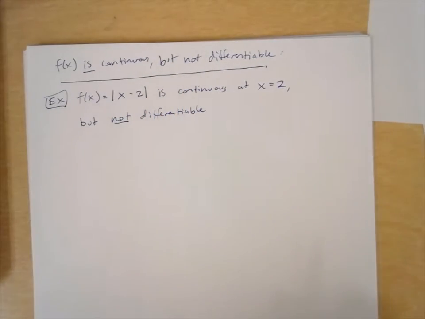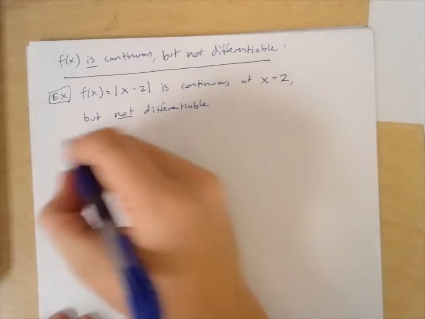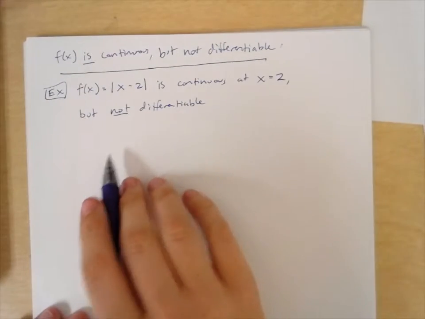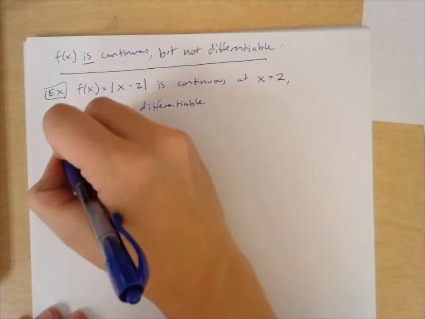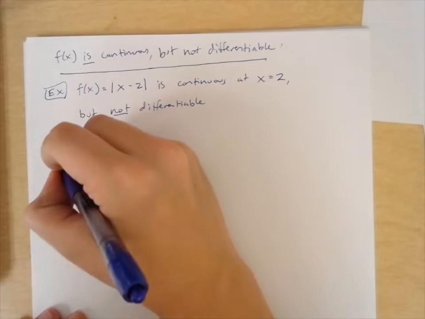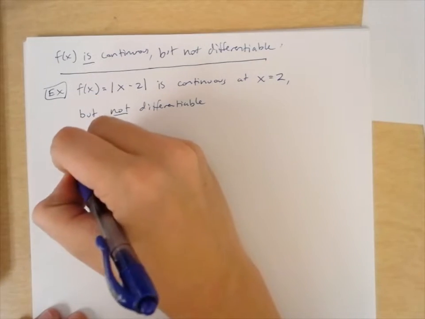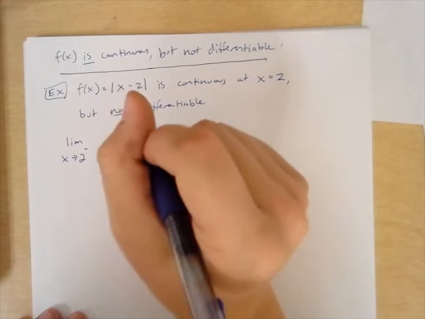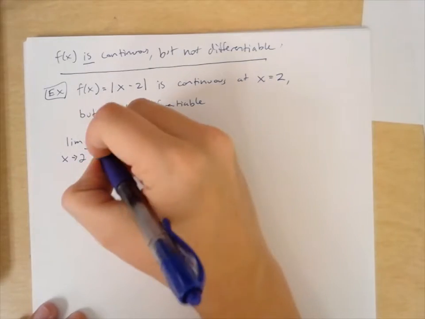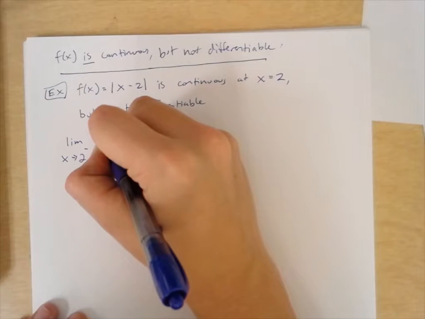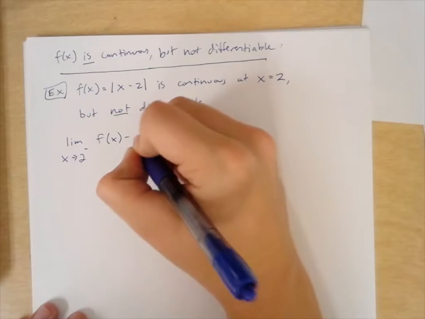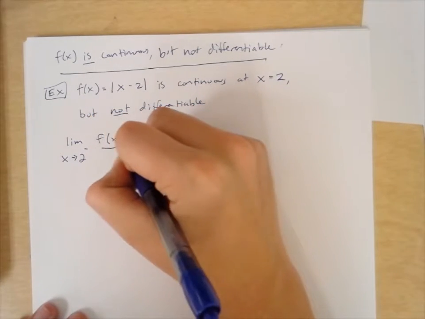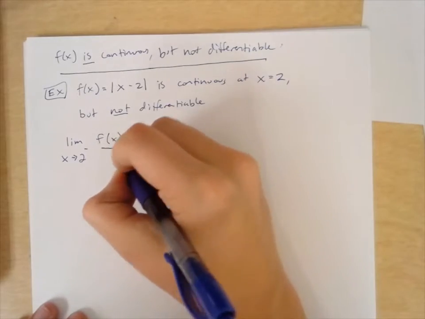And let's figure out why. Let's use that limit definition we just discovered. If we take the limit as x approaches 2 from the left for our f of x minus f of 2 all over x minus 2,